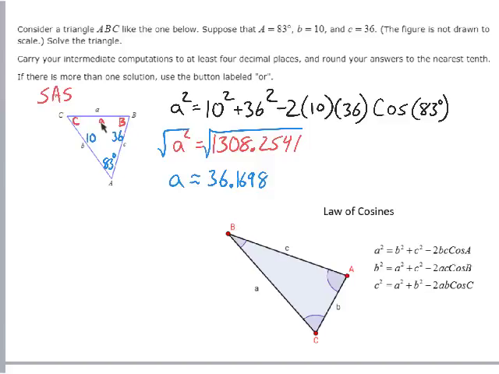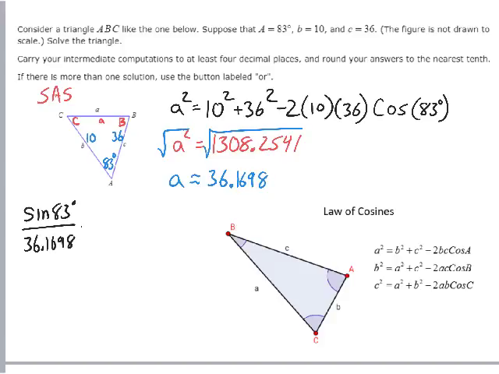So now that we found this side, we could use law of cosines to find angle B or angle C, but it'd be easier to use law of sines. I feel law of sines is faster than law of cosines. So I'm going to switch over to law of sines. And in order to do that, don't you have to start with an angle and its opposite, which we now have. So I'm going to start with sine of 83 degrees over